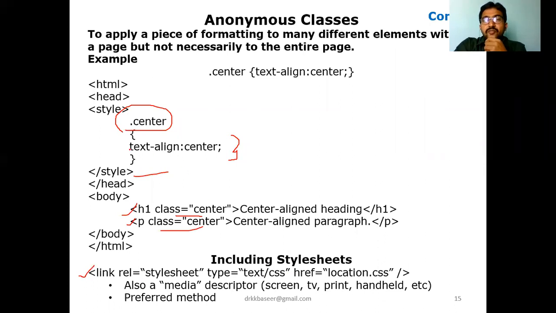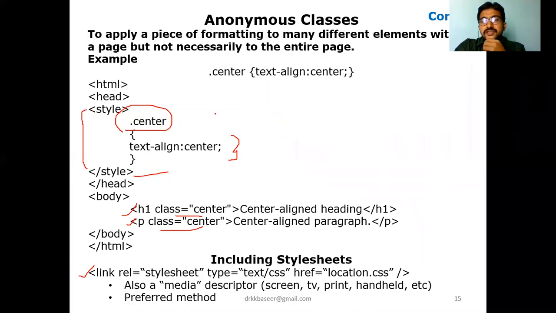Now we have different types of style sheets: inline, internal, external. Inline means within the element itself. Within the element itself, you mention style equal to. If you mention style equal to, then it is called inline. If you mention it in the head within the same HTML program, then it is called internal.